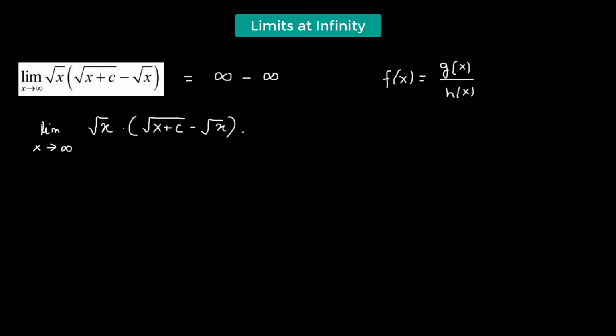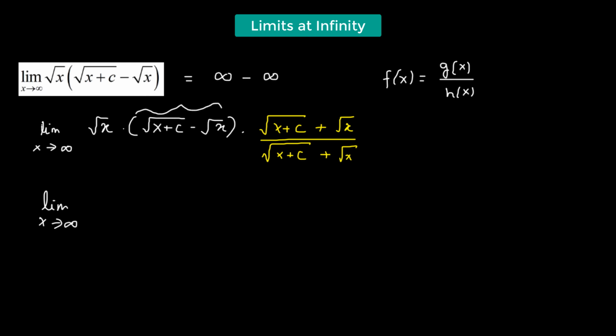So that is going to be square root of x plus c plus the square root of x. Now we also have to multiply it to the denominator as well, so the given function does not vary. Now what we are going to do is multiply these two particular terms, because